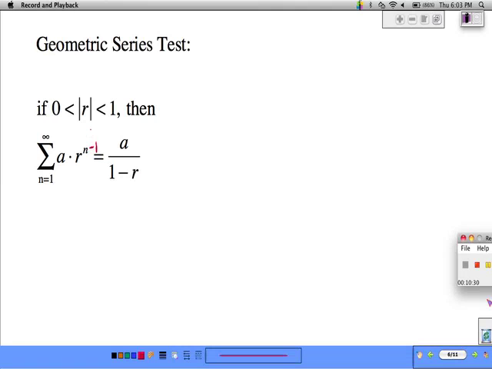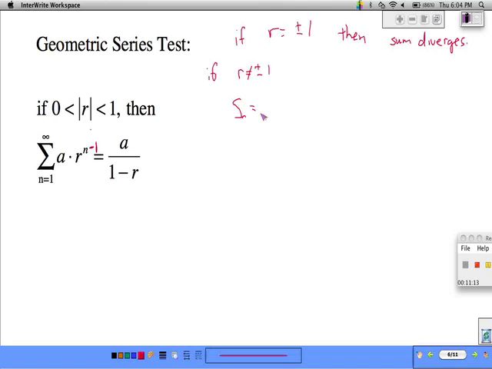And just for the sake of rigor, I am going to include a proof of this sum formula. So if r is equal to plus or minus 1, then what we have is an alternating series, and this will diverge. If r doesn't equal plus or minus 1,